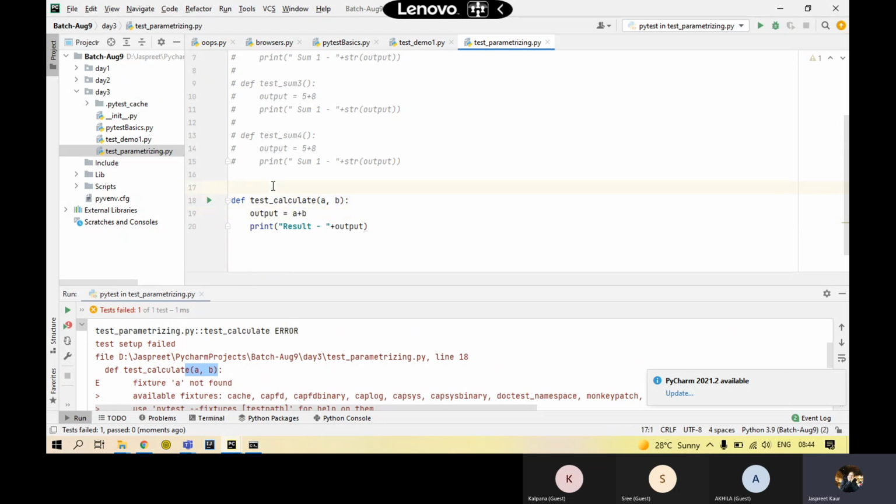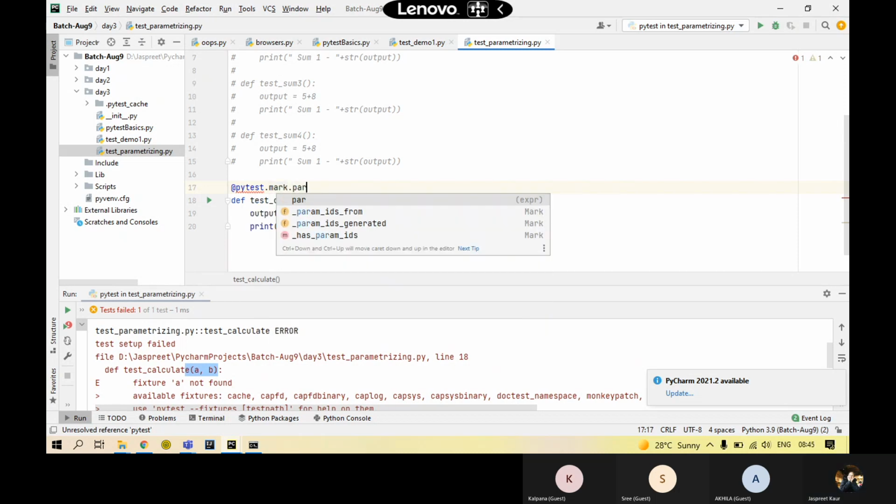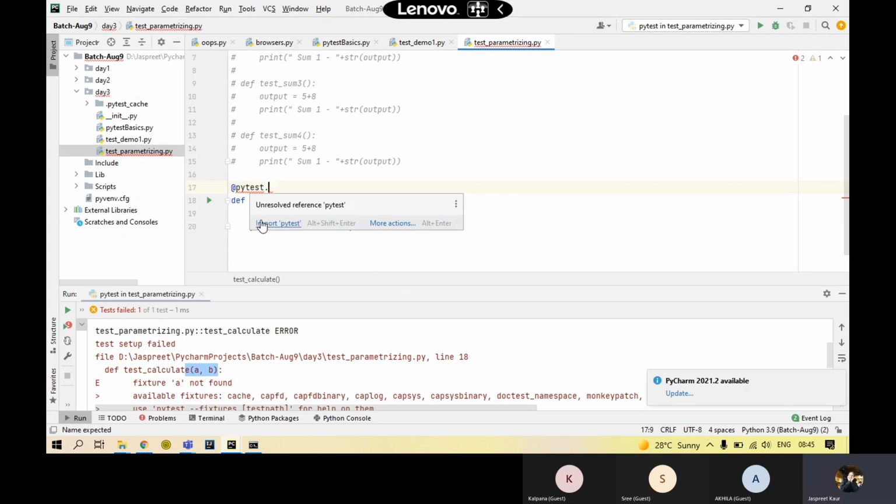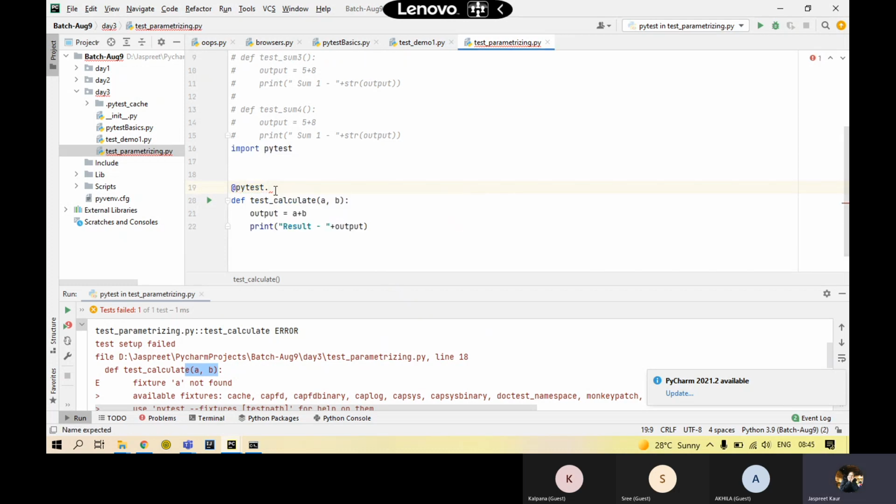So what I need to do is over here, I have to parameterize it. I would say at the rate symbol parameterize. The annotation will be used: pytest.mark.parametrize.